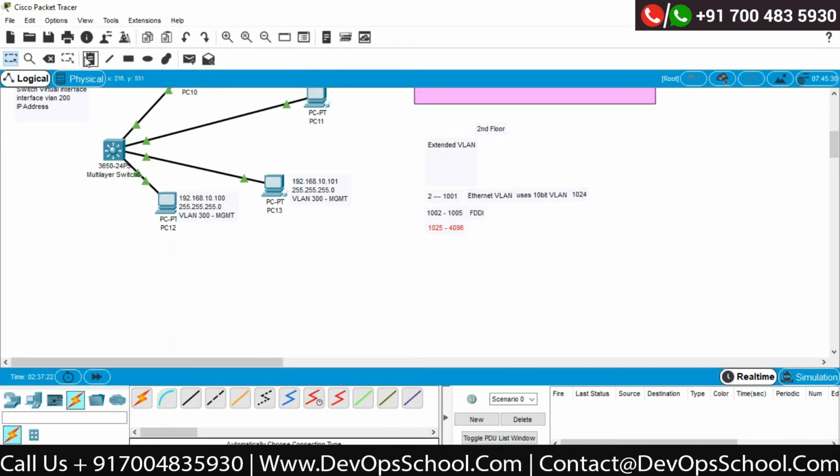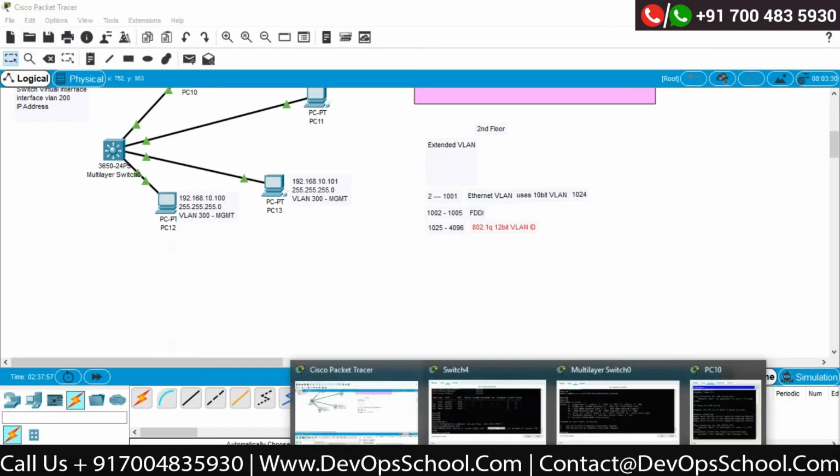Now here our standard 802.1q says they are using a 12-bit VLAN ID. Whatever VLAN ID they are creating is a 12-bit VLAN ID. Correct? So the maximum number, if I would like to go for an extended VLAN, now you can see here